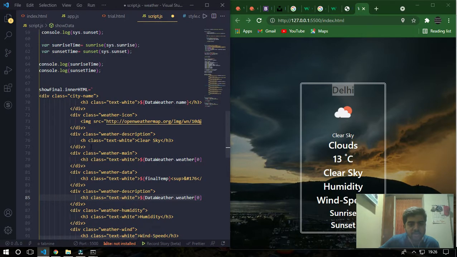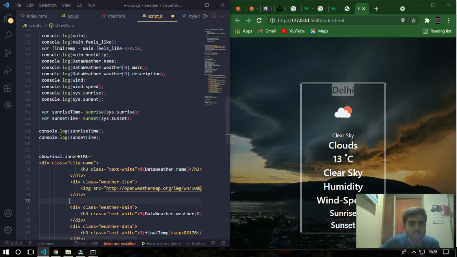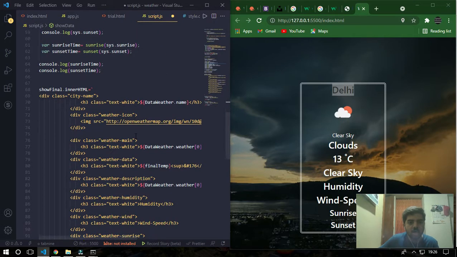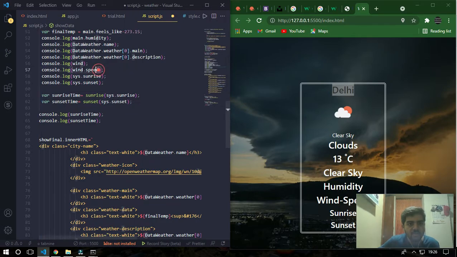Then I'm just going to take this clear sky. What are we left with? Humidity. Now humidity is main.humidity. Okay, replacing the static values with the values provided by the API is done by using a dollar and, inside the curly braces, the value. Now wind speed, wind.speed.